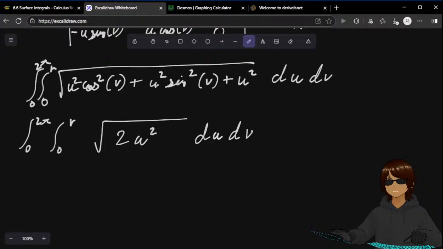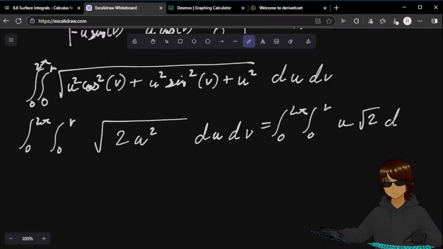These two will just make 1. So this root 2 will go out. Then this is